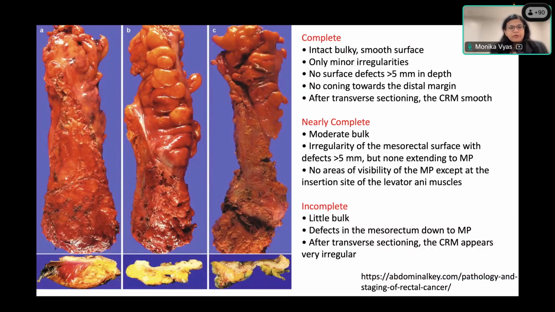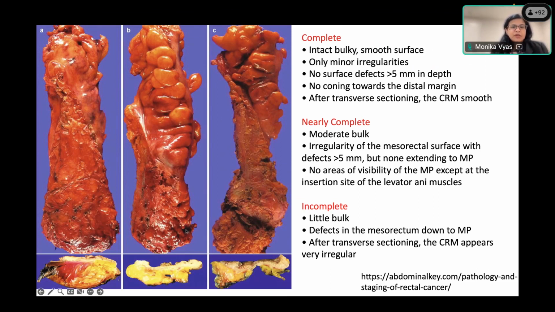So what is evaluation of the mesorectum? In the last decade, the concept of total mesorectal excision, or TME, has come forth. What it means is dissection of the perirectal tissue along the visceral plane. You should see a thin layer of connective tissue investing the rectum. When you see this completely encasing the rectum, there are multiple parameters which you look at. But when you have this thin film or fascia completely encasing the mesorectum, that is most likely a total mesorectal excision.